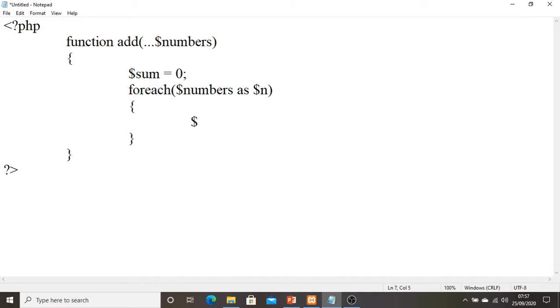Here I am using the sum to add up the details. Can anyone tell me what this expression will do?